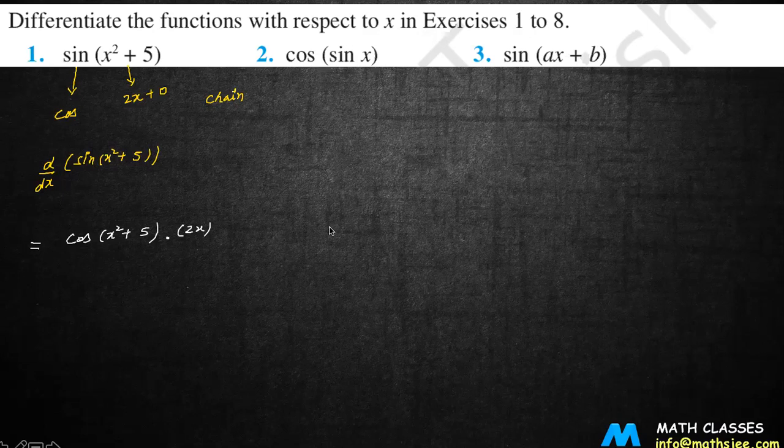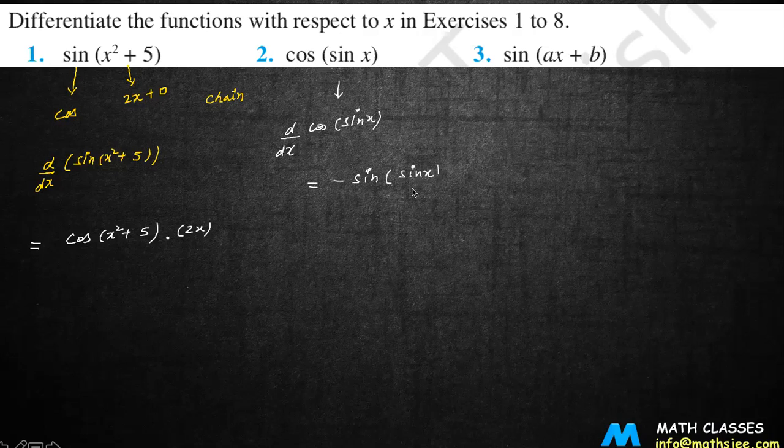Now the derivative of this: dy by dx of cos of sin x. So there is no need to be scared that cos of sin x has come, which you have never seen before. You don't have to worry about all these things. Just focus on what we have discussed. So for cos of this, first of all you take the derivative of cos. You know the derivative for this is minus sin. And the function that was inside will remain as it is.